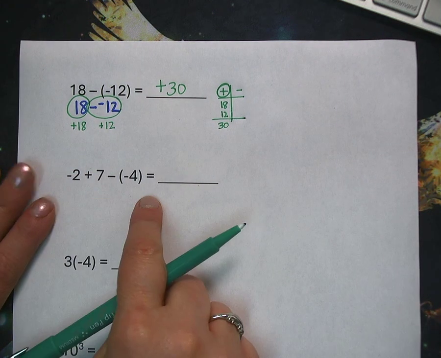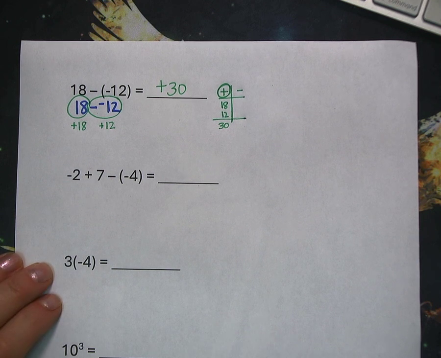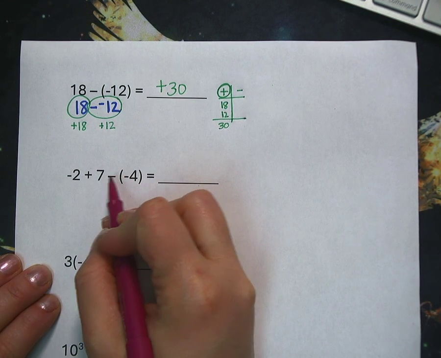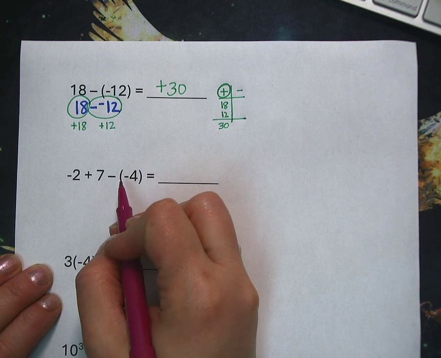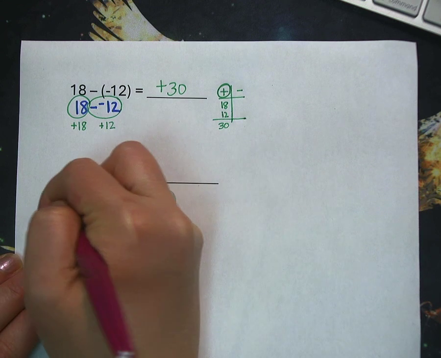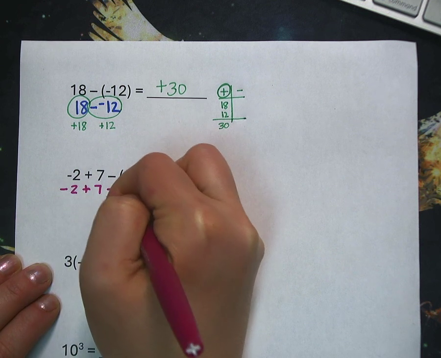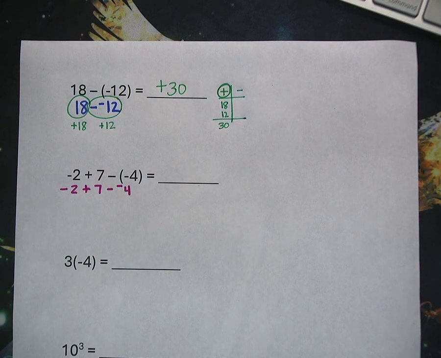All right, your next one has a triplet here. So we have 3 numbers. You are going to solve exactly the same way. So first things first, I know that I'm going to double check my parentheses. I can look right here, and what's in front of the parentheses? A subtraction sign. So this is not a multiplication parentheses. It's just a subtraction. So I'm going to rewrite it before I solve. So I have negative 2 plus 7 minus negative 4. And again, I rewrote that without the parentheses because I know those parentheses don't actually represent